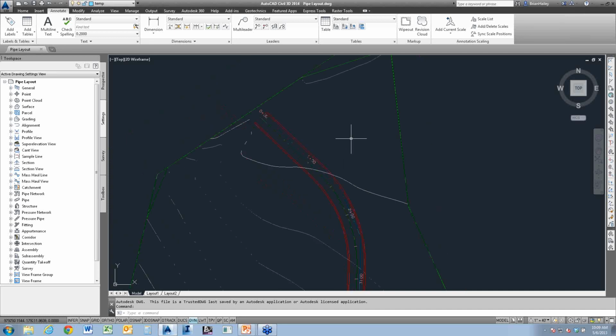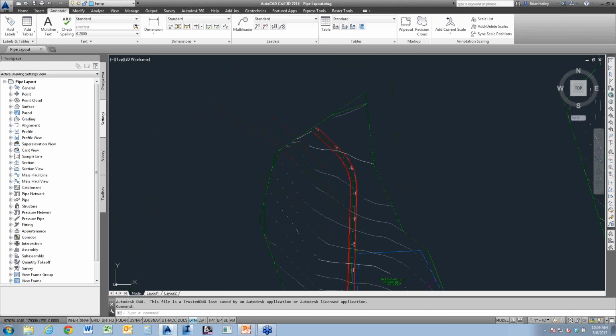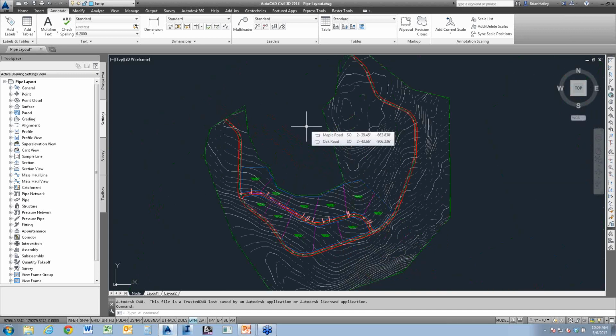All right, so here's a file. This is just one of the tutorial files that I am planning on using. I don't have a design ground in here. We're going to be placing pipes along the existing ground, so there's quite a bit of relief in here, so it should be interesting.